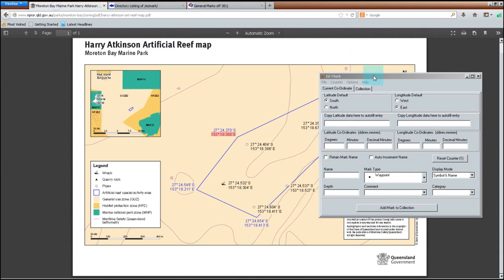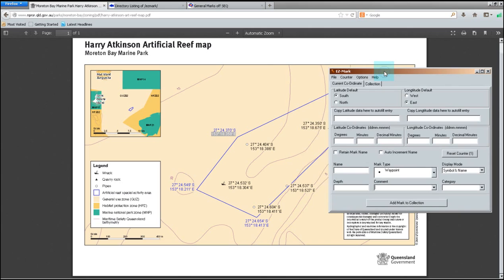So if we look at a typical set of information that we might want to put into our GPS, here we've got a map of an artificial reef in Moreton Bay. There are some waypoint marks here for reef balls and a wreck and so forth. To enter those in, we can manually enter the data. So if we select, for instance, the corner boundary and we want to enter that in, and we go to our latitude,